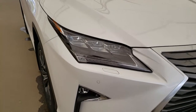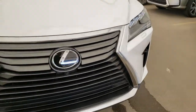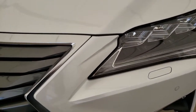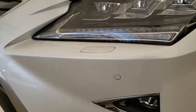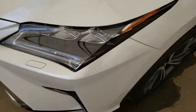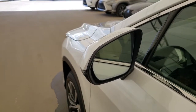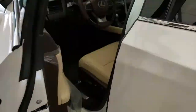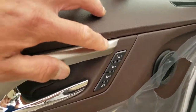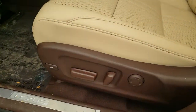Some of the features on this vehicle include L-shaped premium LED headlamps, LED daytime running lights, LED fog lamps, front and rear park assist sensors, headlamp washers, blind spot monitor with rear cross traffic alert, keyless entry with push start ignition, driver seat memory seating, power folding and auto dimming side mirrors, power adjustable front seats,